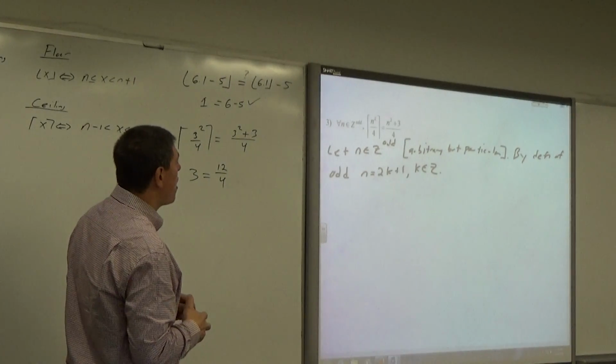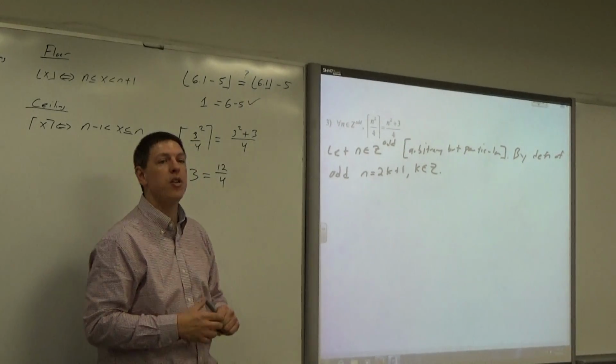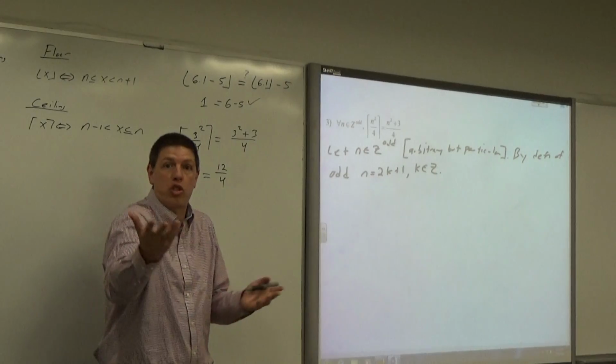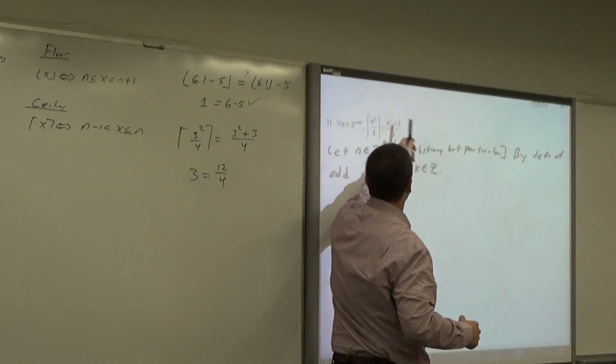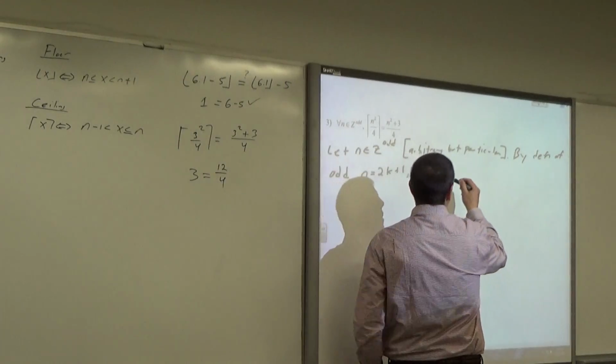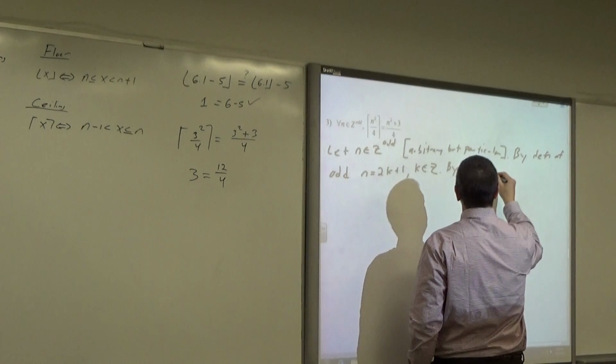So does anyone think they might have a suggestion at this point, once we've gone through and defined n to be odd? Plugging in, it's substitution. Let's just substitute into both sides of what we're given. Okay, sounds good to me. We usually do that with even and odd. So by substitution,